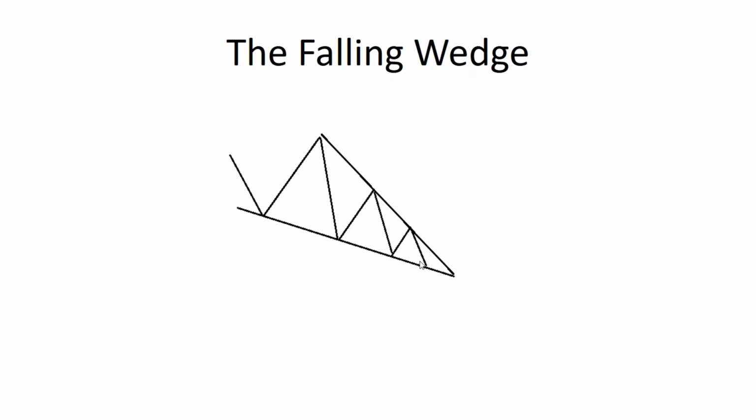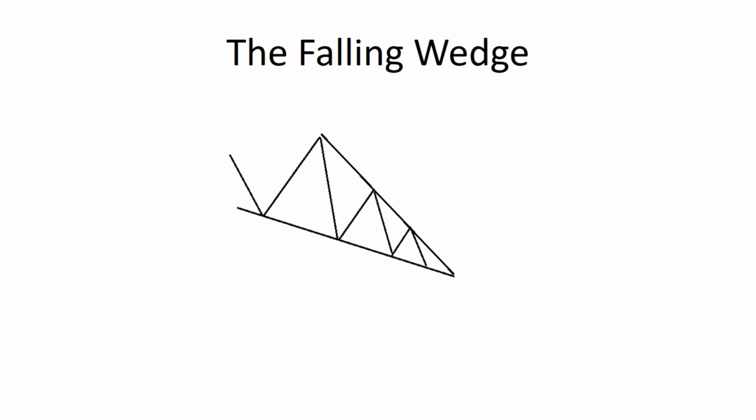Okay, so in the same way that we can use indicators to get information on price movement, you can see that we can actually gain really useful and actionable information just from studying the movement of price with our eyes. So again, to reiterate, in this scenario, the contracting range shows that momentum is waning, and then the flatter gradient of the supporting trend line shows that buyers are stepping in earlier and earlier each time as sellers fail to